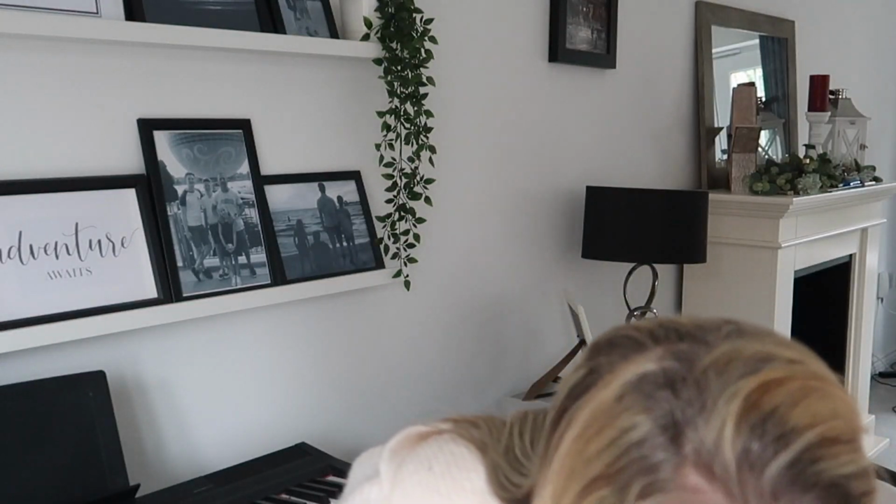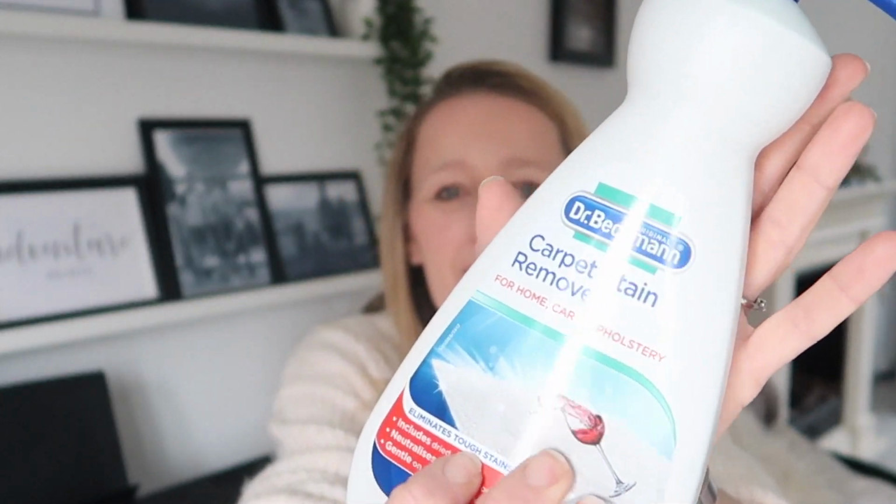So let's start with what I've mentioned already. My carpet shampoo, Dr. Beckmann's. Do you know what this actually is? Better than my Vax. So I've got a Vax carpet shampooer, and it's okay. I mean, I've had it a while, like 8 years, 9 years even, and it's done a good job. The thing for the stairs doesn't work anymore, but I'm not sure what Andrew put in it. I think he might have put some Rug Doctor solution in it, and that's why it didn't work, because the Rug Doctor is specifically for the Rug Doctor. I have bought some Vax solution for it to see if I can get the stain up, but this,